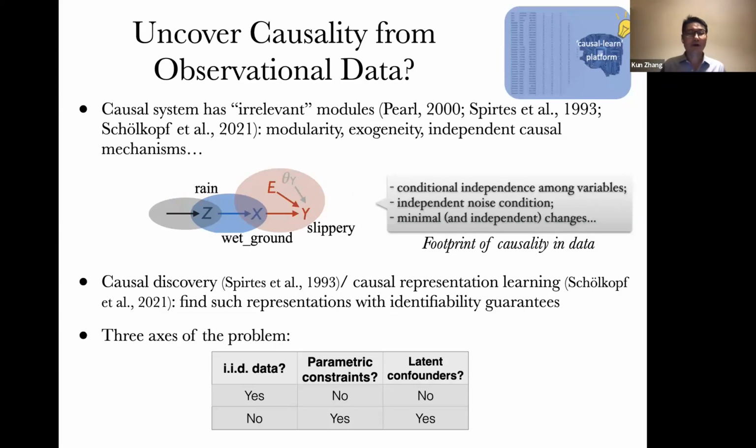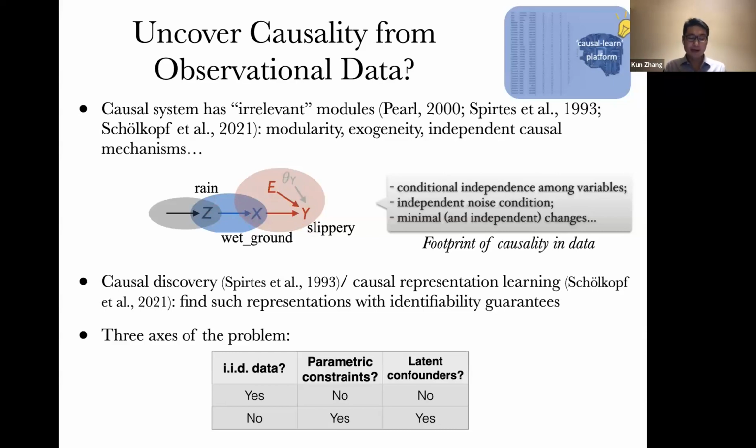They're dependent. Although all variables can be dependent, if we have a causal view, we automatically have a modular representation. Here we know there's a process to generate rain, another process to generate wet ground from rain, and another process to generate slippery from wet ground. Although the variables are dependent, those modules or processes are not related to each other at all. They are autonomous. As a consequence, you can see conditional independence between rain, Z, and slippery, Y, given wet ground, X, because there is no other way for them to be related.